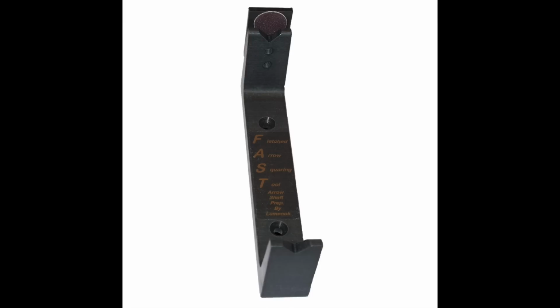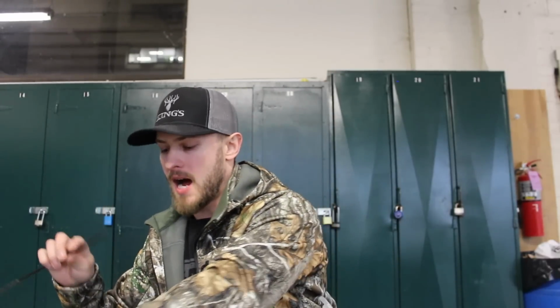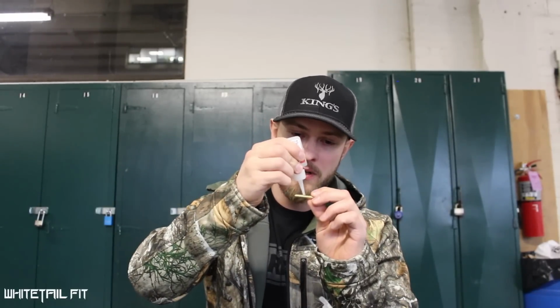Side note, and something I neglected to show on video, but previously I had squared up all of my arrow shafts with a jig similar to this. What that does is just make sure that the insert sits nice and flush on the end of the arrow shaft. And I actually use, not a lot of people do this, I don't think. I think a lot of people use epoxy, but I have literally not had one insert come out in probably 4 dozen, 5 dozen arrows. I actually just use this Max Bond, the AAE Max Bond glue,